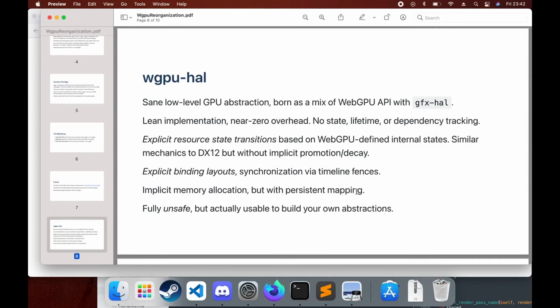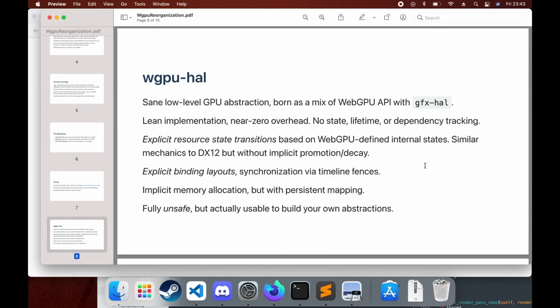It is using all the same concepts as wgpu introduces. For example, the WebGPU specification defines a concept called internal state for resources, and it explains how synchronization works with regards to combining those states. So what wgpu-hal exposes is just an explicit way to transition between those internal states. So it is a layer, but it doesn't introduce a new API. It's already using the API that was in the specification.